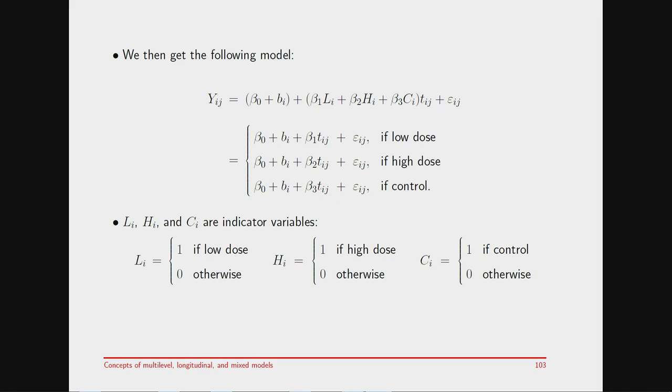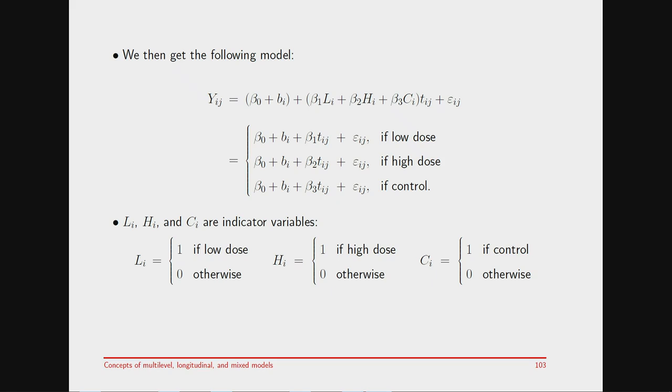So this is the model. You can write that down in one big expression by just using dummy indicators, dummy variables. So I have one for the low dose group, one for the high dose group, one for the control group. And then you have one intercept term here, and then you have the 3 different slopes, where I have an intercept for the low dose group, an average slope for the low dose group, an average slope for the high dose group, an average slope for the control group,